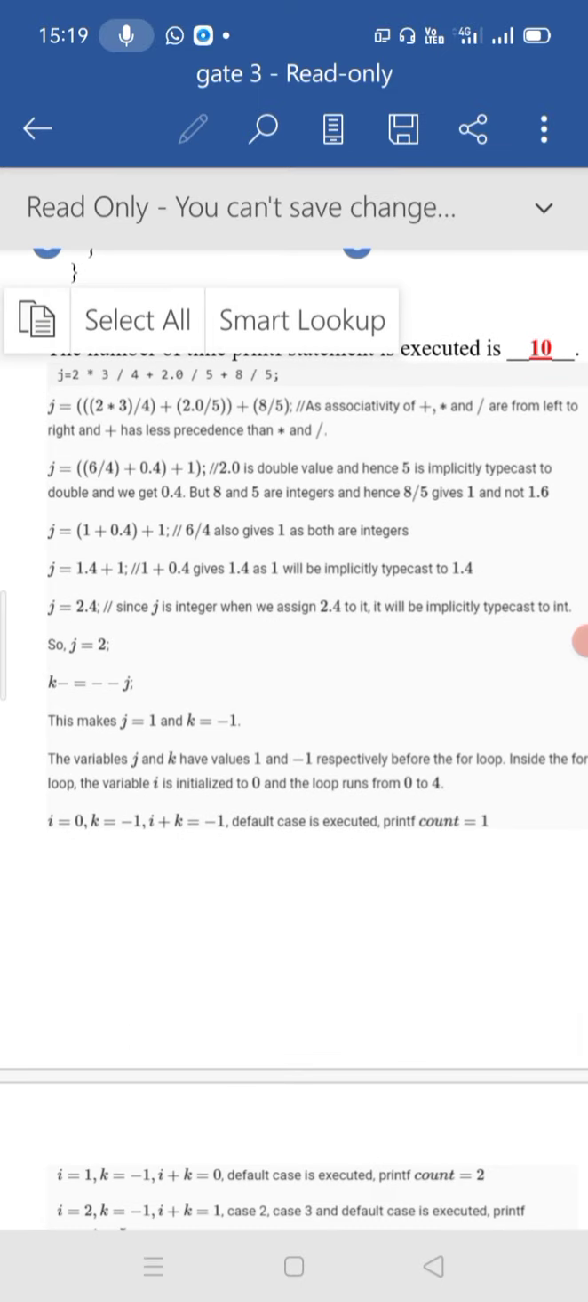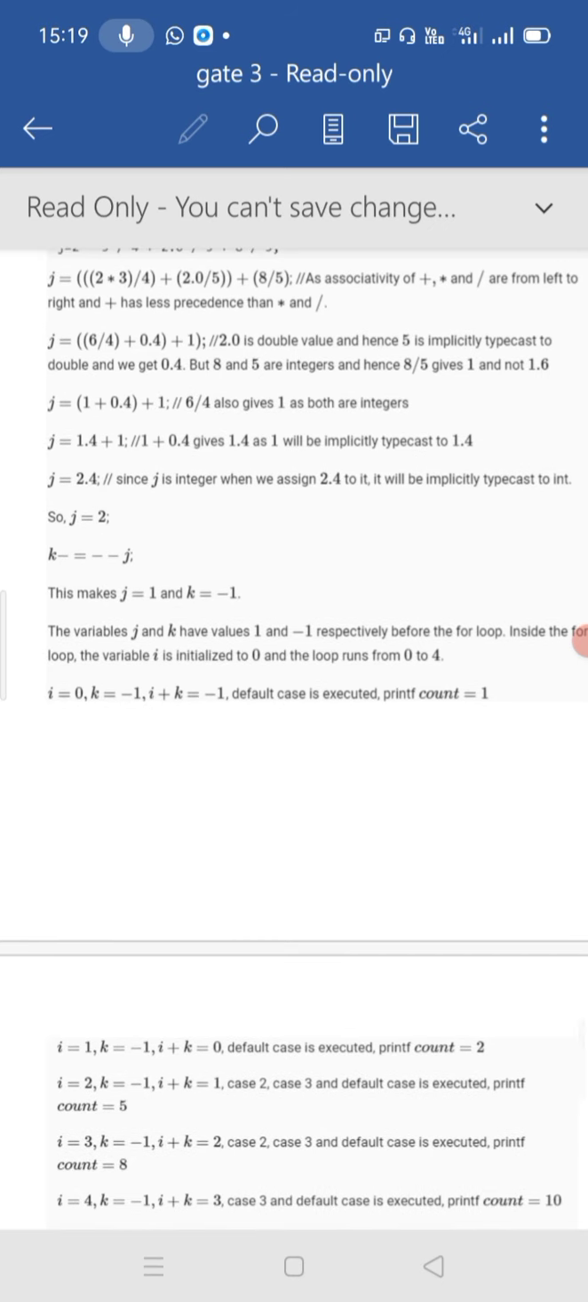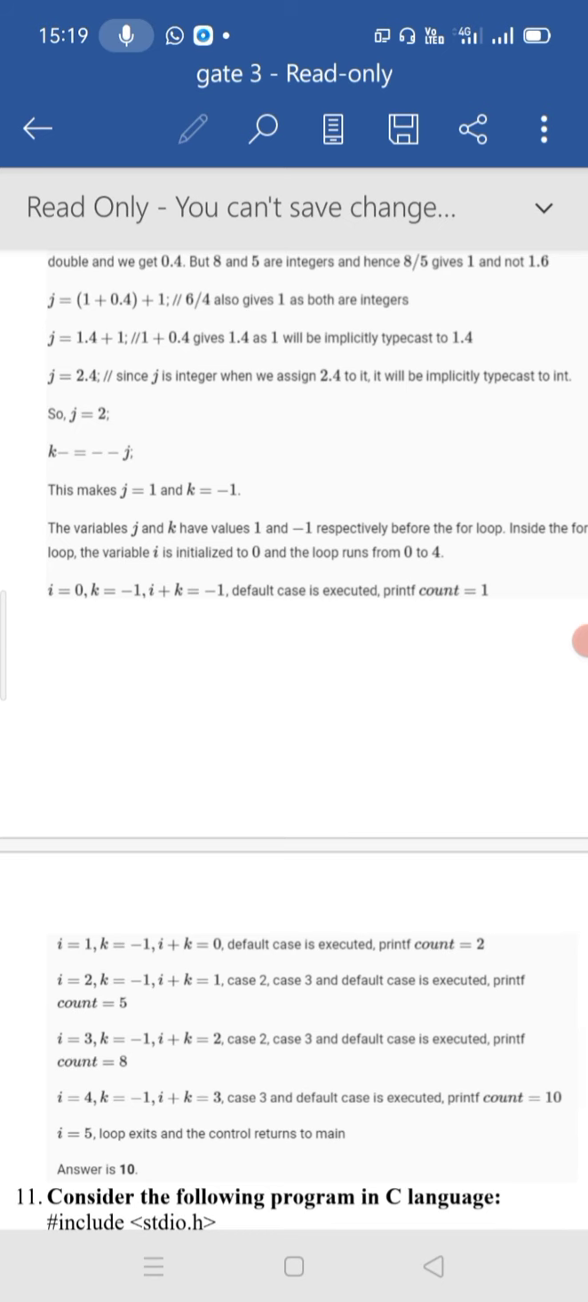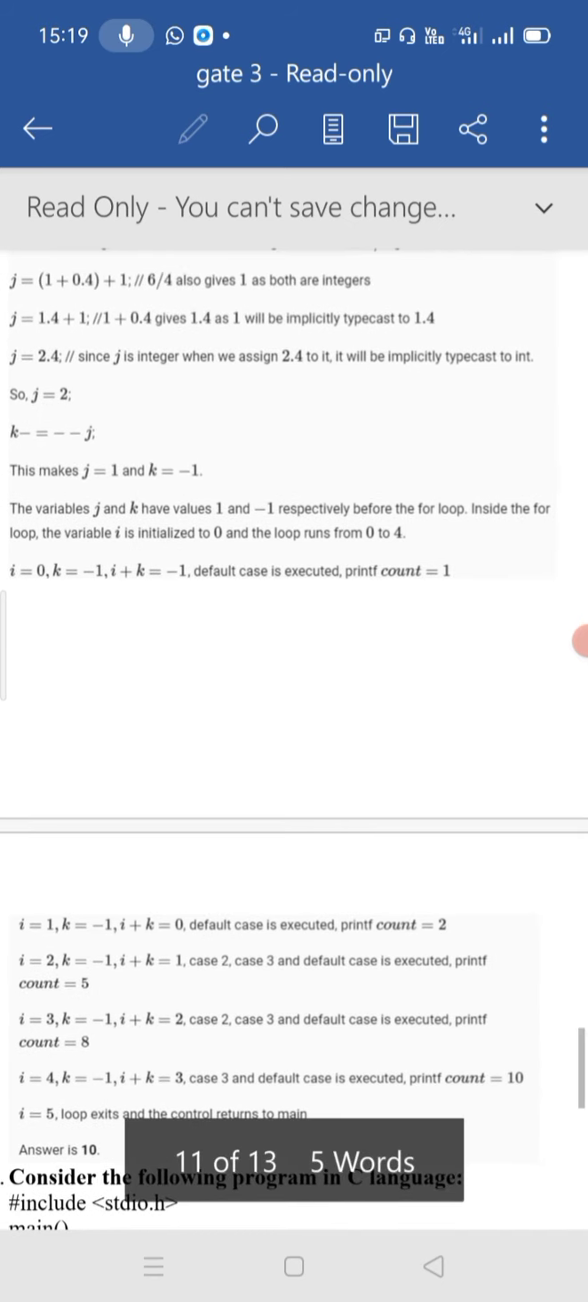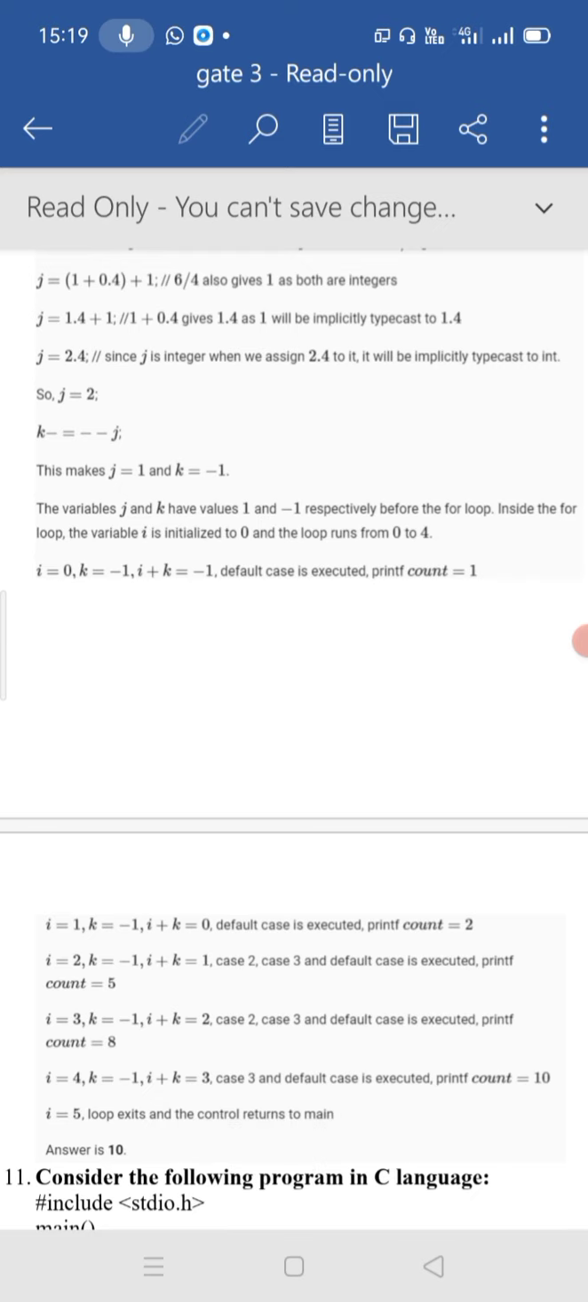Now move on to the next line. j is equal to 1.4 and j is equal to 2.4, and finally we got j is equal to 2. K minus equal to minus minus j, and j equal to 1 and k equal to minus 1. The variables j and k now have values 1 and minus 1 respectively before the for loop. Hence the for loop variable is in